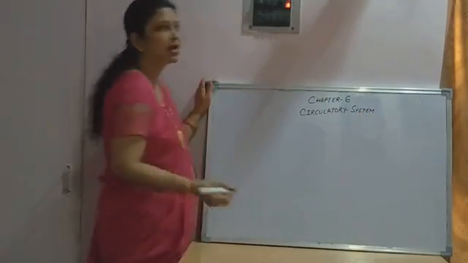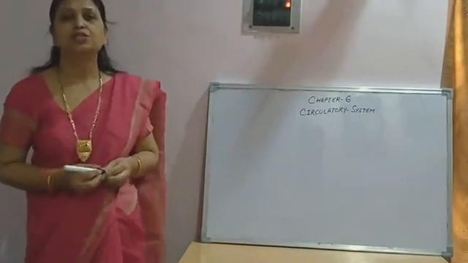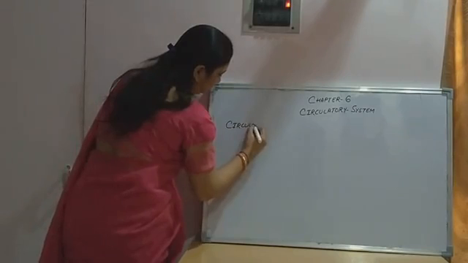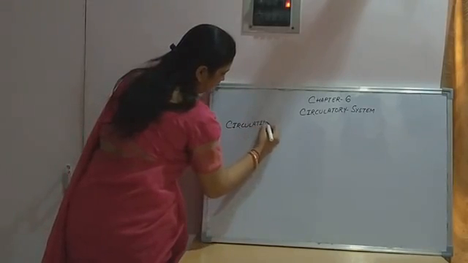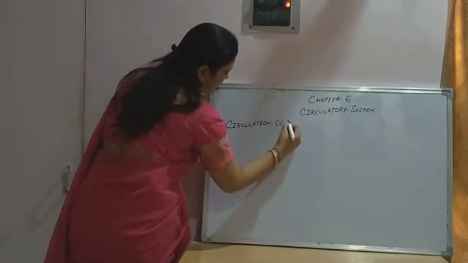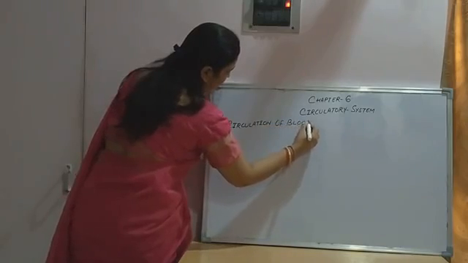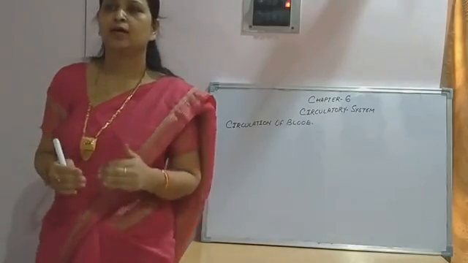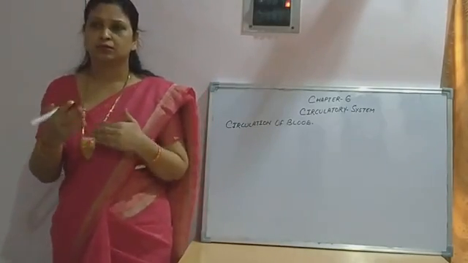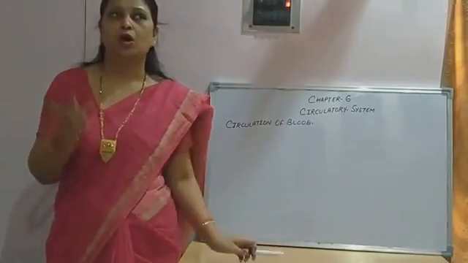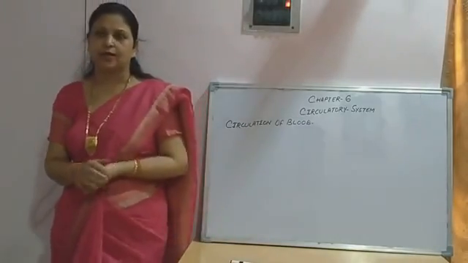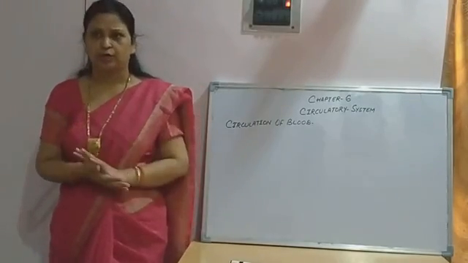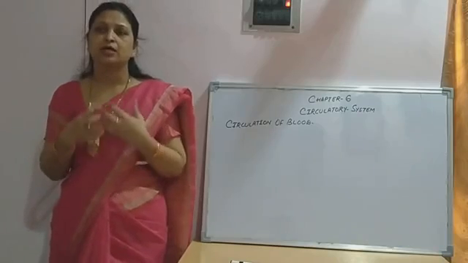In the previous class, I explained to you about the circulation of blood. Continuous movement of blood containing nutrients, oxygen and carbon dioxide from the heart to different parts of the body and back to the heart is called